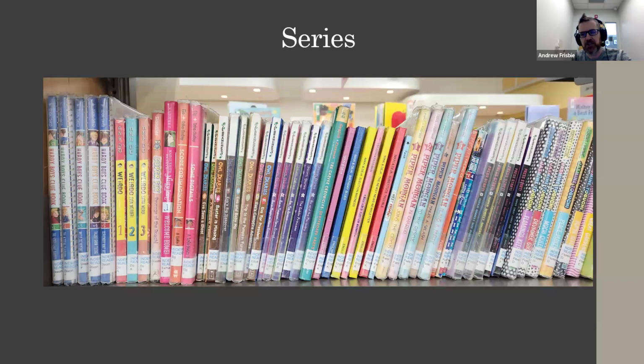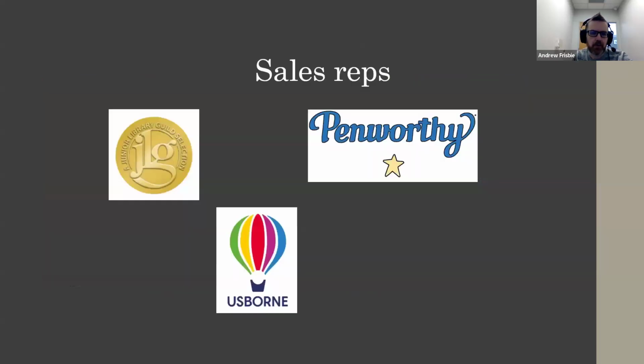Kids' books, especially those early chapter books, are kind of dominated by series. I don't feel overly beholden to have every single one in a series. I usually get the first three and then see how they circulate and if we get requests for more. I think especially with kid stuff, there are sales reps who are more than happy to help you select things.